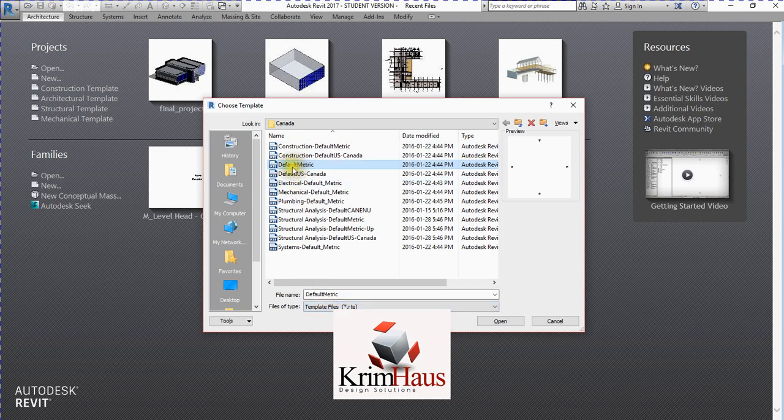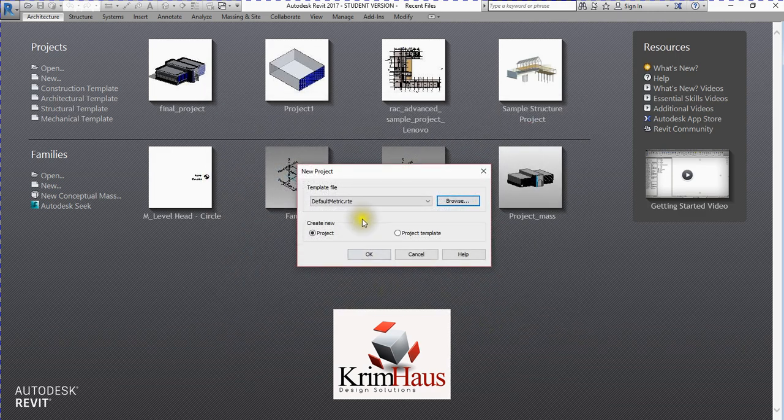And you see, as soon as you click on this default metric, it will request me to open it, and you see it's an RTE file. But as soon as you open that one and you choose the template, it's on the project, create new project. You're not creating a new template, but you can in the project view. As soon as you hit OK,